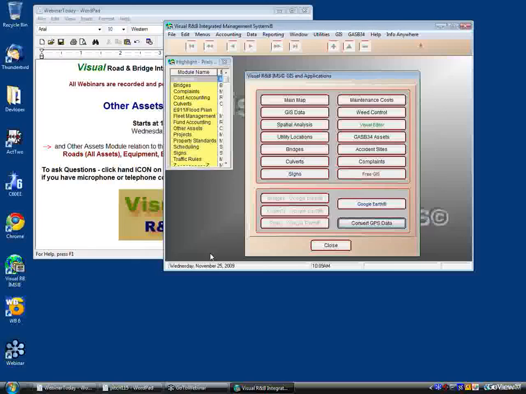So that pretty much covers all of the other assets module. If you have any questions, give us a call or email. And this particular enhancement to the Google Earth lookup will be